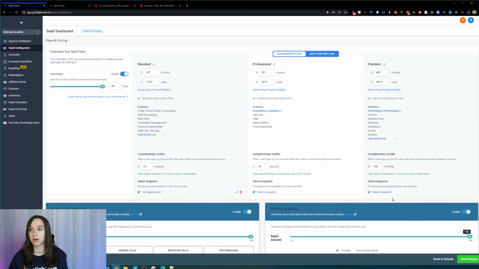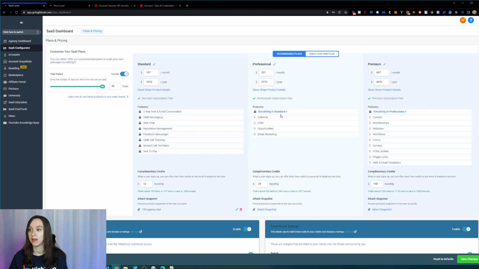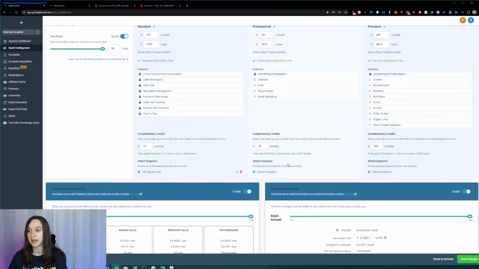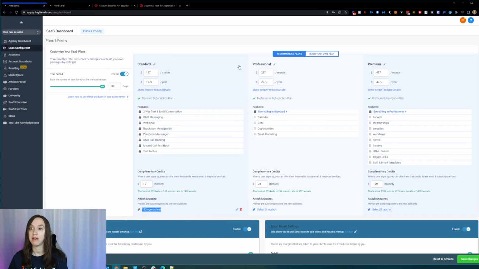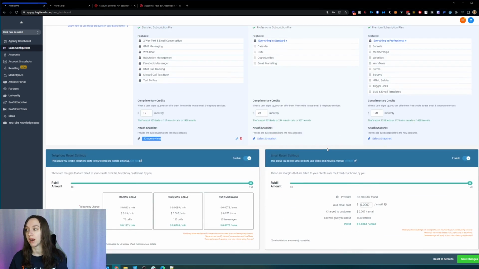You can also create your own SaaS plans on autopilot. So you can have 3 different plans. You can drag and drop features that you want to include in your SaaS. You can give your users complimentary credits. You can automatically load a snapshot when this account is created, have a free trial, and more on the Agency